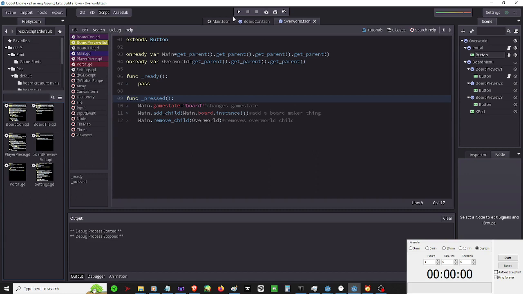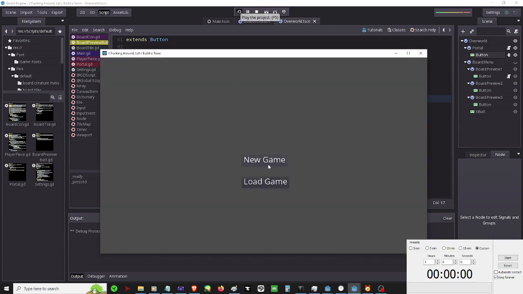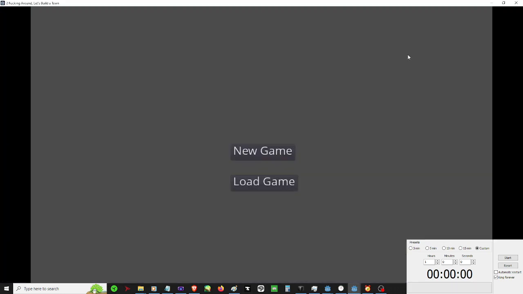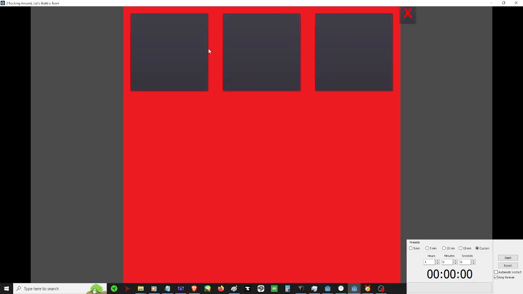I've done some game dev in between times. So with the board thing, here's what I got. We got a small little main menu, new game. Up here we have a portal thing, and when you click on it, you have these three boxes. This is some type of menu, and it's supposed to store,